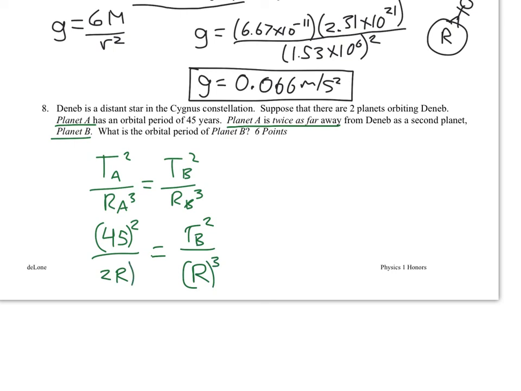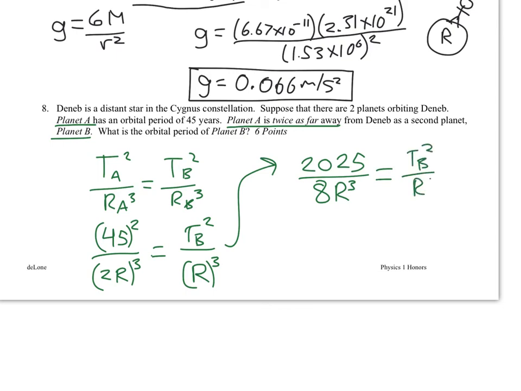We do need to cube those, though, because that's what our equation has. So I'm going to go ahead and take this equation up here. What I end up getting is that 45 squared gives me 2,025 all over 8r cubed. And the reason is we have to cube both the r and the 2. Okay, you can't just cube the r. And that's going to be equal to TB squared over r cubed. At this point, I'm going to go ahead and cross multiply. And so we end up getting